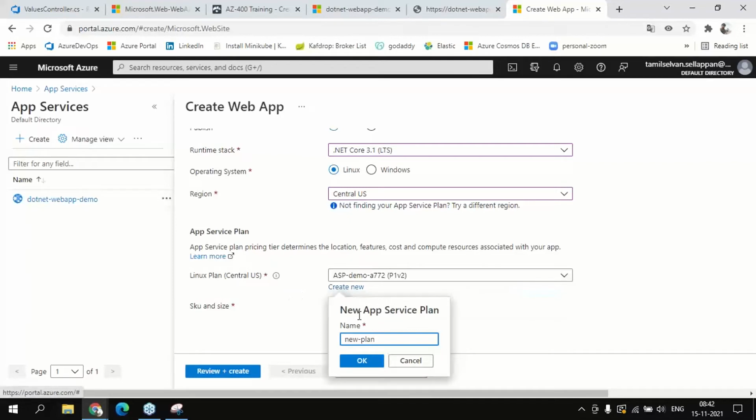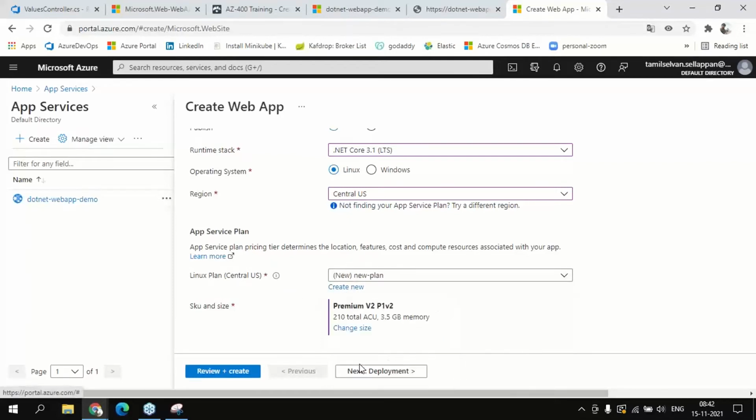Here, the 210 ACU means, I think, in ACU they are calculating the computing resource. Mostly the CPU they will be measuring in clock speed and number of cores. ACU means